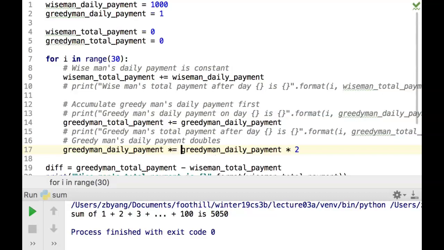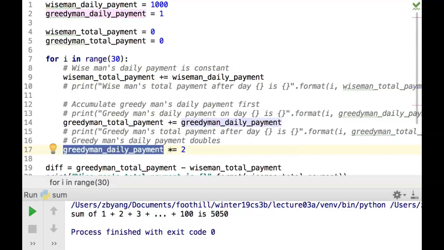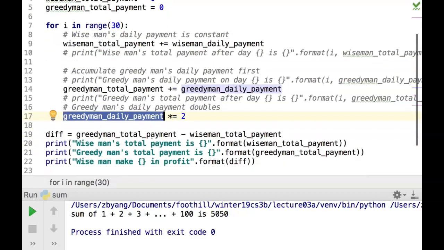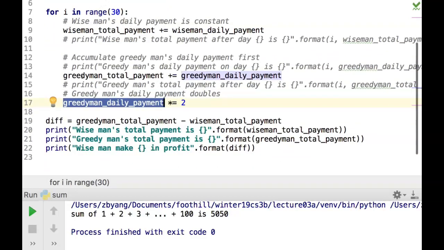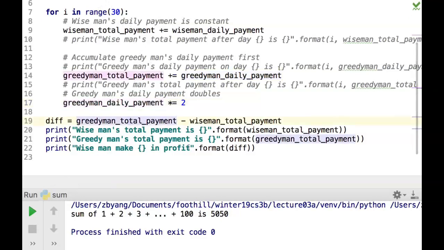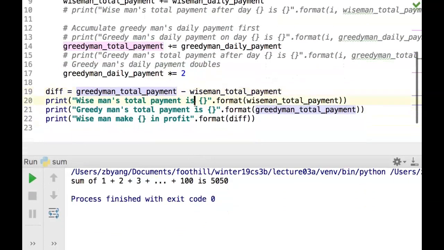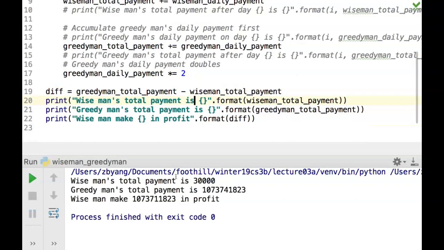So this number doubles every time around the loop, and I'm doubling it here to prepare for the next day's daily payment. And then after we do this 30 times, I'm going to calculate the difference and print it out. So if you actually run this,